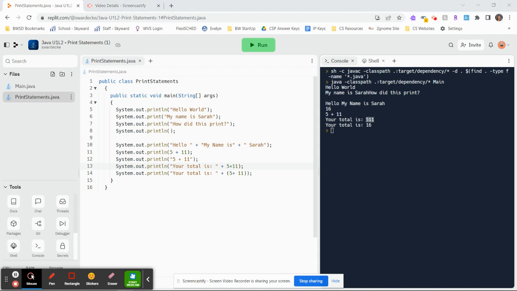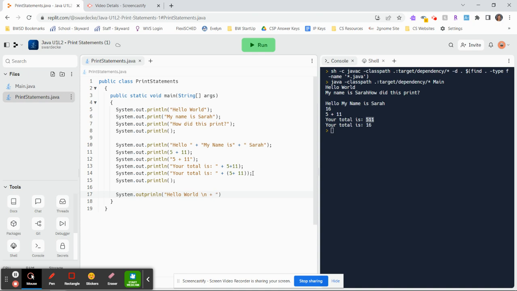Now, we've got a couple of more things we want to look at with print statements just so we are aware. But I want to add a break in here so that I can focus on a new topic. So I have system.out.println. I'm going to do a blank statement there. And then here I'm going to type out my two statements. So I have system.out.println, and I have hello world. I'm going to use a backslash, which is above the enter sign, n